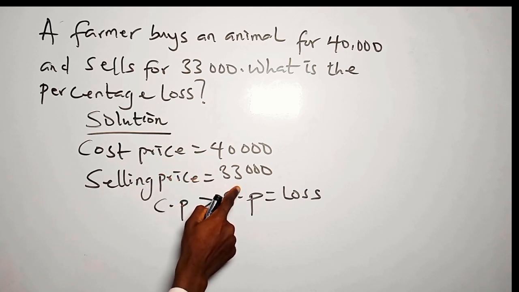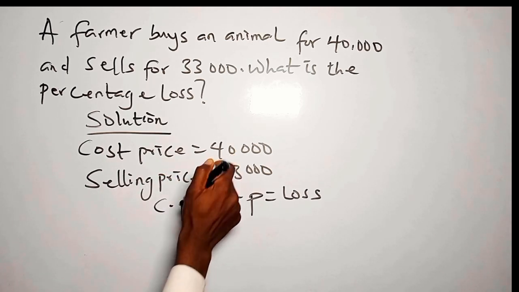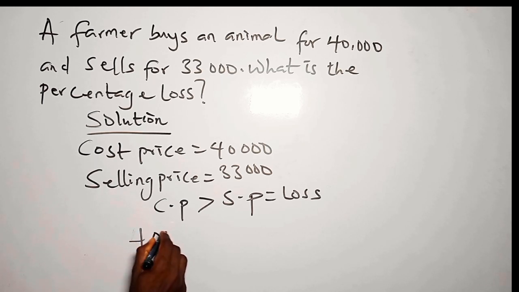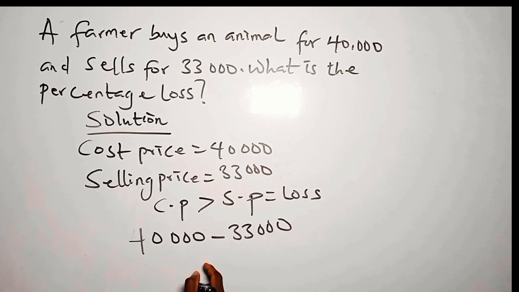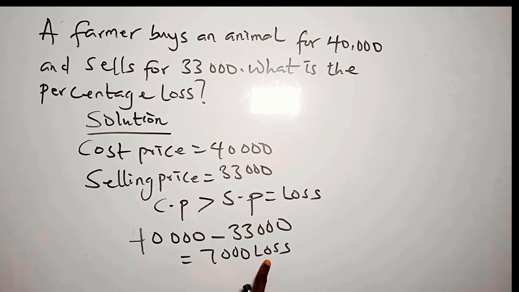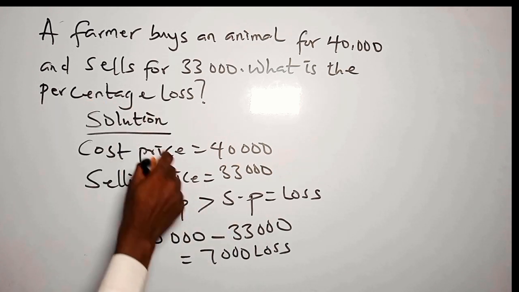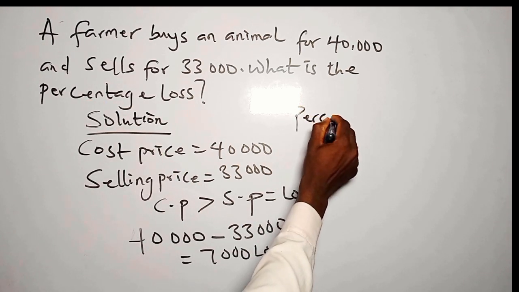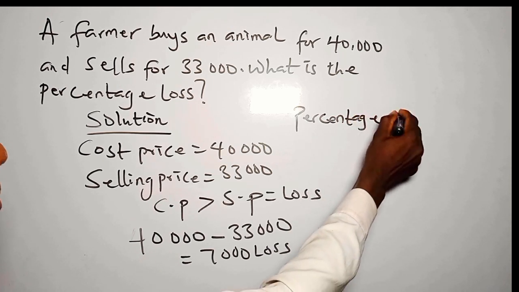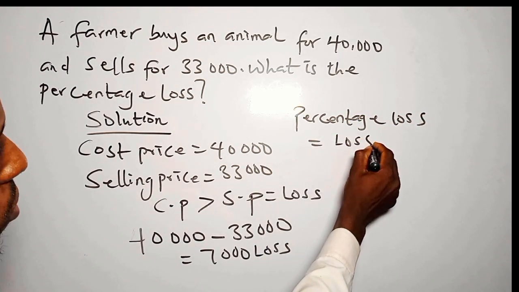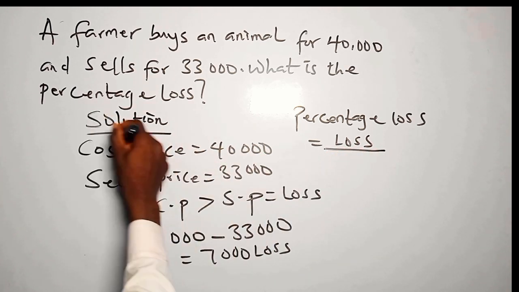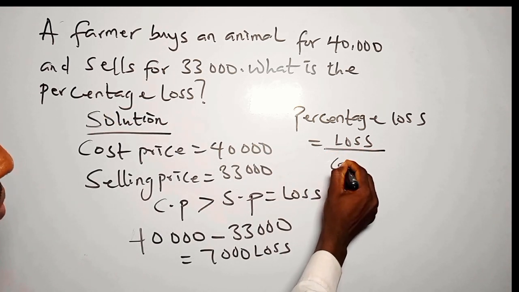So how do we do that? We subtract 33,000 from 40,000. So 40,000 minus 33,000, we have 7,000, which is the loss. So we have to express this as a percentage. To do that, for the percentage loss, we have to use this formula. We say loss divided by cost price,